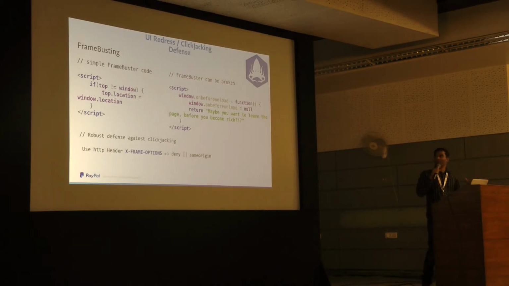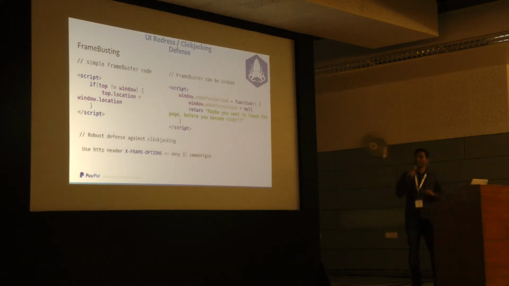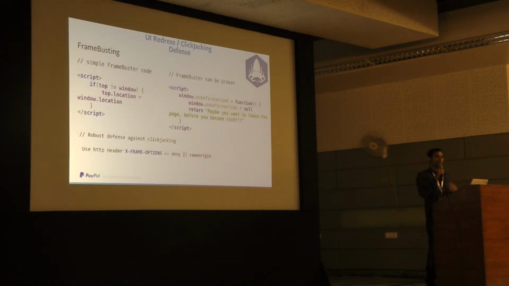But attackers beat the frame busting code using several techniques. One simple solution is to write an event handler, what you see on the right side, which will disable the frame busting code. So Microsoft came up with a different solution which is much more robust than frame busting code. So with IE8 they introduced a special header, X-Frame-Options. This header can take two values. One is deny, which instructs the browser to not allow anybody to iframe your page. The other value, same origin, tells the browser that only your own domain can iframe the page. So that way, no third-party site can iframe your application.